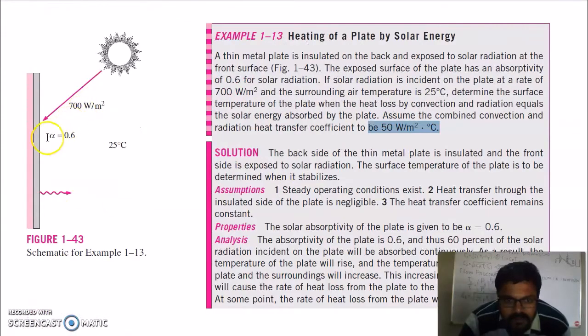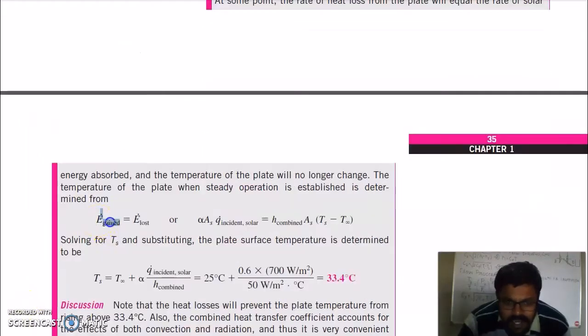So radiation will be absorbed by this plate, and due to this radiation absorption, its temperature will rise, and after the increase in temperature, the heat will start to flow from this plate to the environment. Now in this case, radiation absorbed from the solar radiation is equal to the heat lost in the form of convection and radiation by this plate. So energy gained by solar radiation is equal to energy lost.